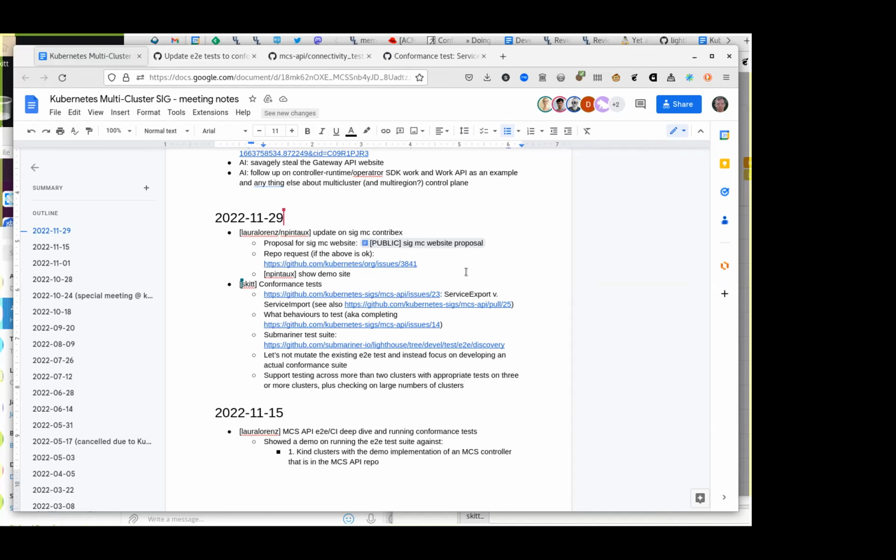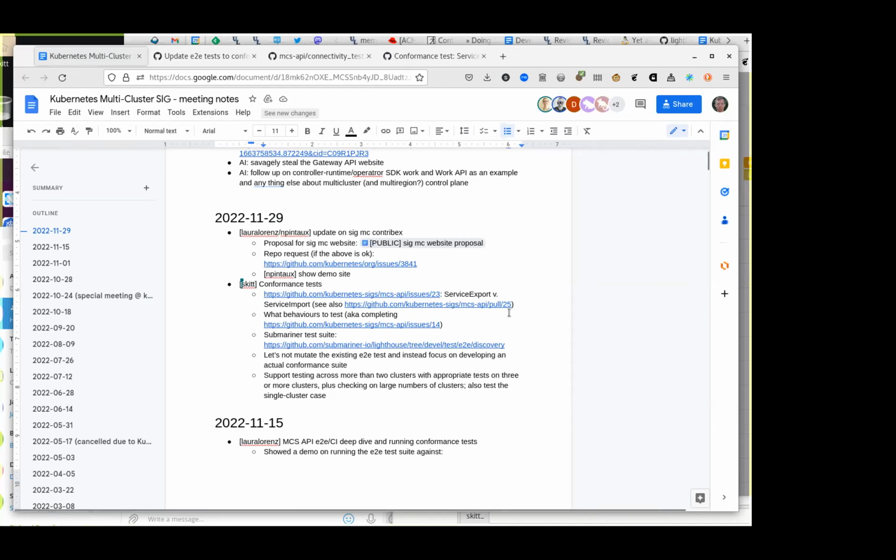Yeah. And then the other thing that we should test too, in the opposite direction, is the single cluster case. Because one of the neat things about MCS is that you can have a single cluster deployment that uses MCS, and then you can easily just add clusters, right? So that's a way to be kind of future-proof from the start. That would be a good thing to probably include here. Yeah, I like that idea. I like that. Yep. Laura. That makes sense.